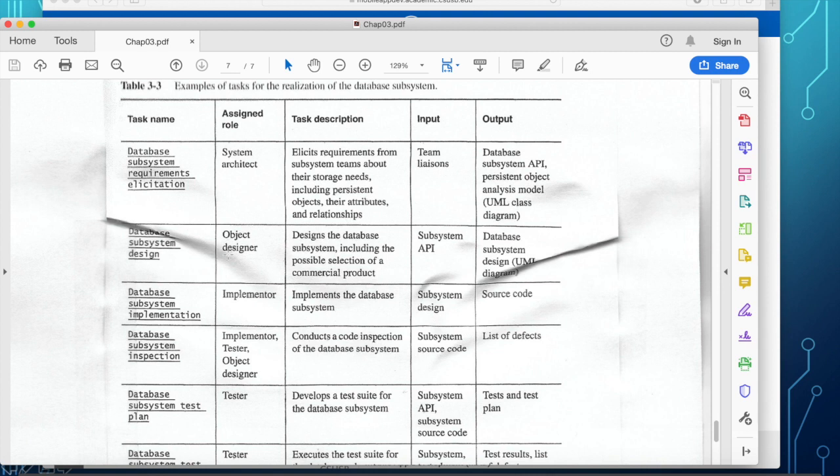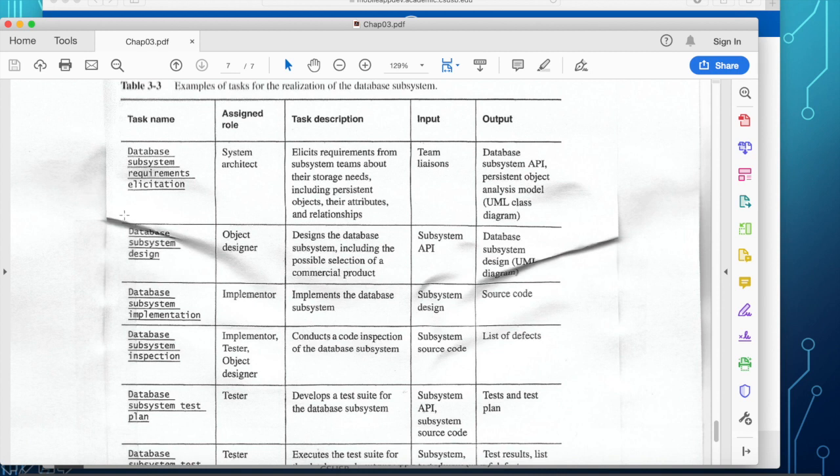The object designer is responsible for the database subsystem design. So they design the database subsystem, including possible selection of a commercial product. So the input is a subsystem API, database subsystem design in UML diagram.